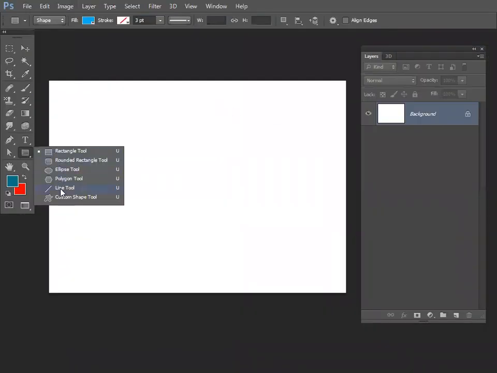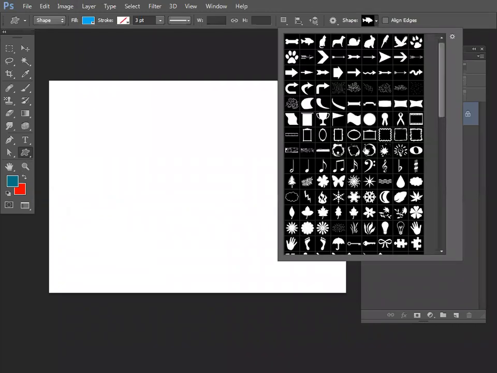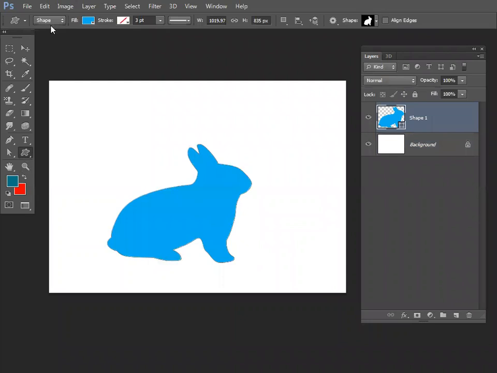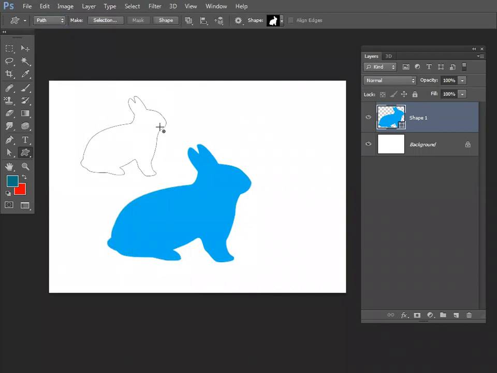So when I'm drawing a custom shape, for example, this bunny, I draw this bunny in a mode called shape mode. Okay. I will change the shape mode to path mode, and you can see the options got changed. The fill color is not available now. When you are in shape mode, fill color and stroke is available. Stroke means the outline, you know, right? Stroke means like edit stroke. We can give the outline for that. But in path mode, if you draw, it is just giving the path.